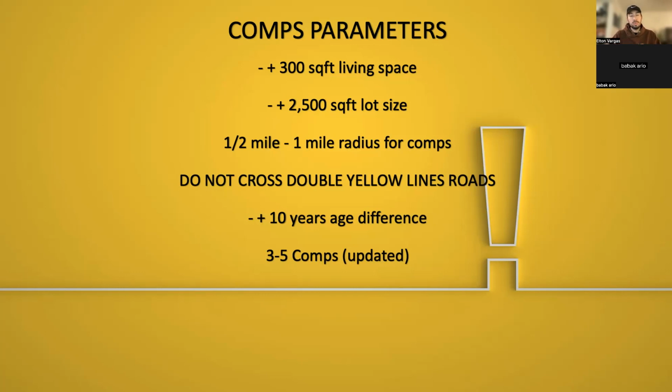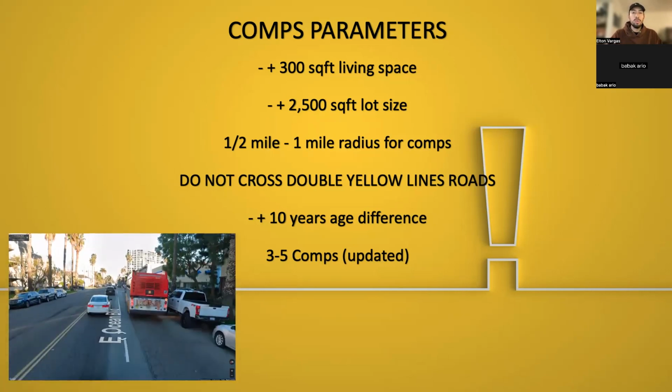Radius wise, you want to stick to a half mile to a 1 mile radius whenever you're looking for these comps. But part of this radius is make sure that you're not crossing major roads or double yellow line roads. What a double yellow line road looks like is going to be a high traffic road where there's commuters in the morning and the evening. There's going to be buses, UPS, Amazon, semi trucks, construction happening. So there's this constant flow of traffic happening throughout the entire day,